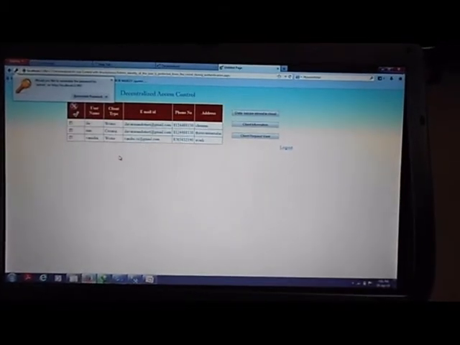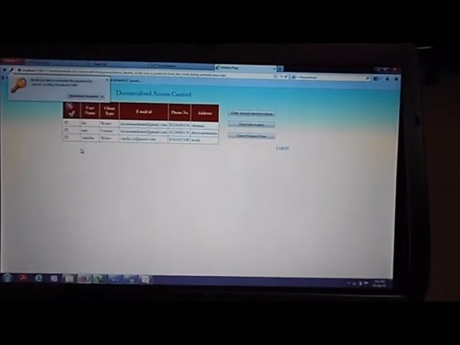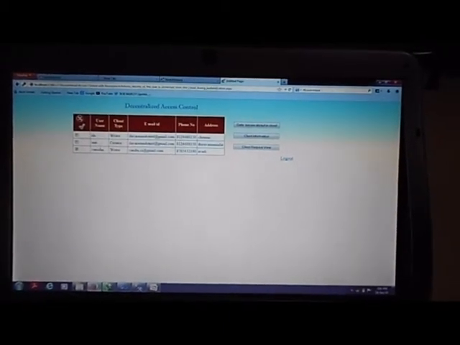As we have seen, the users who have registered in the website will come in a format like this. We have to select the user, as I have registered Vanisha, and we'll go for the write option, and it has been provided the permission to access. We'll log out, and now we'll enter as the user which